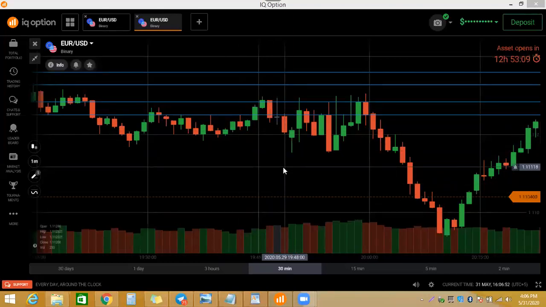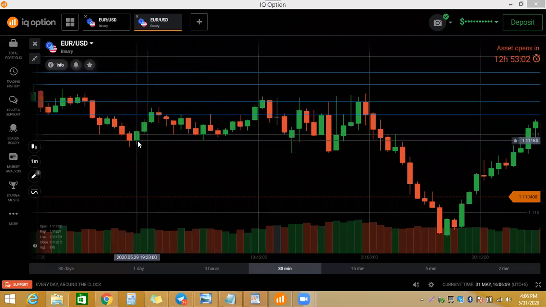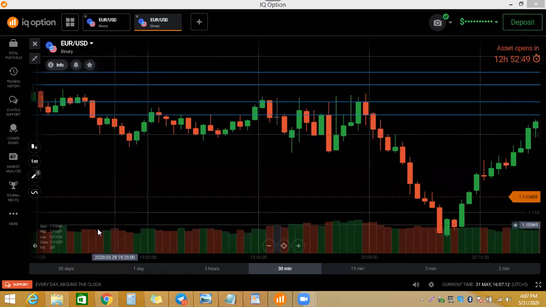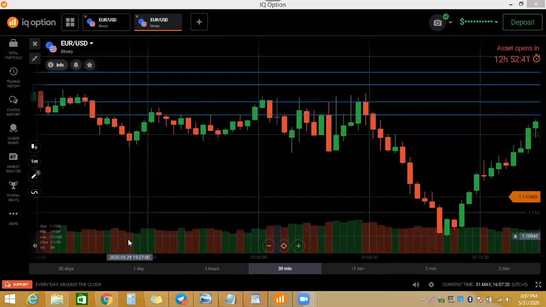Okay. So in this chart, all these candlesticks show the price movement. In the green candles, price opens from here and goes up. So that is the movement of the price. While price is moving up or down, this indicator in the bottom shows the volume. It means in this period, these units were bought or sold. So this quantity of units is concerned with the price movement.